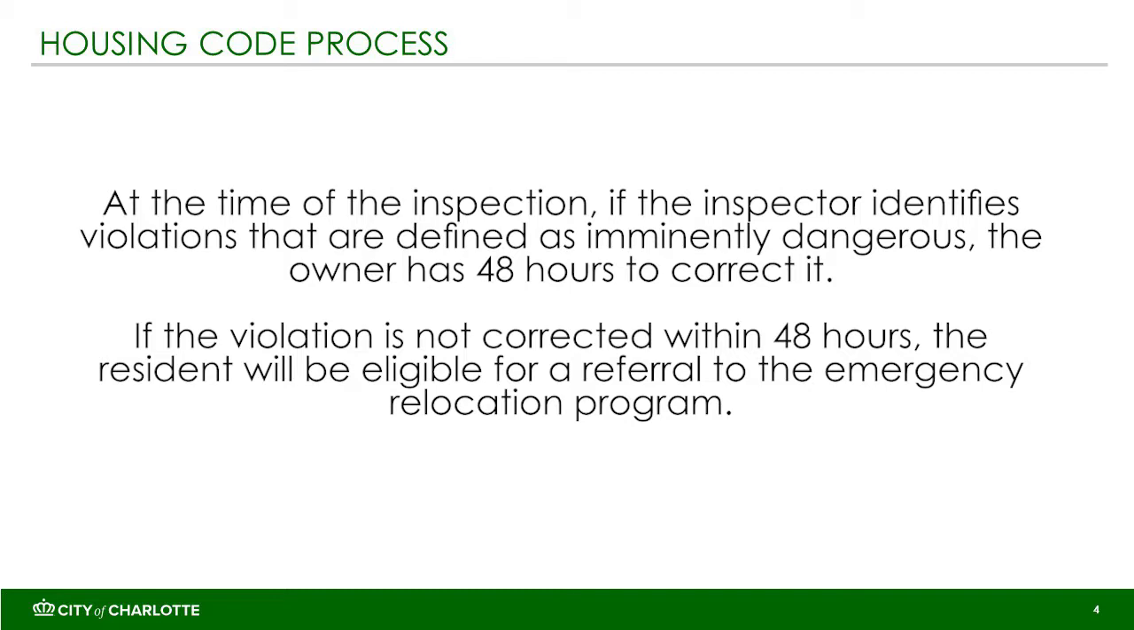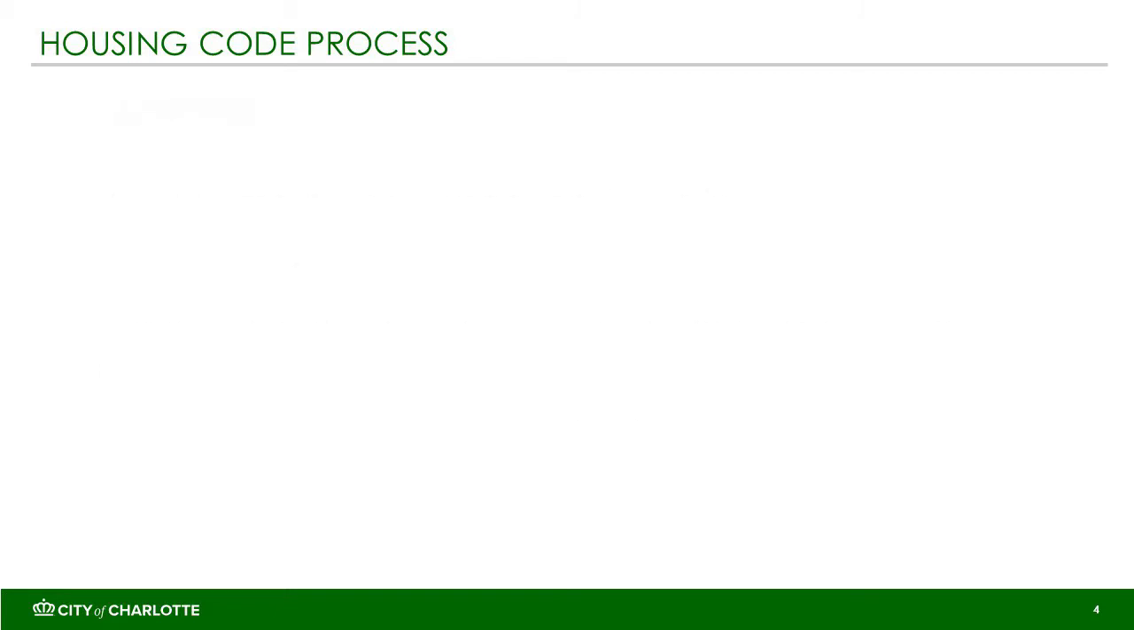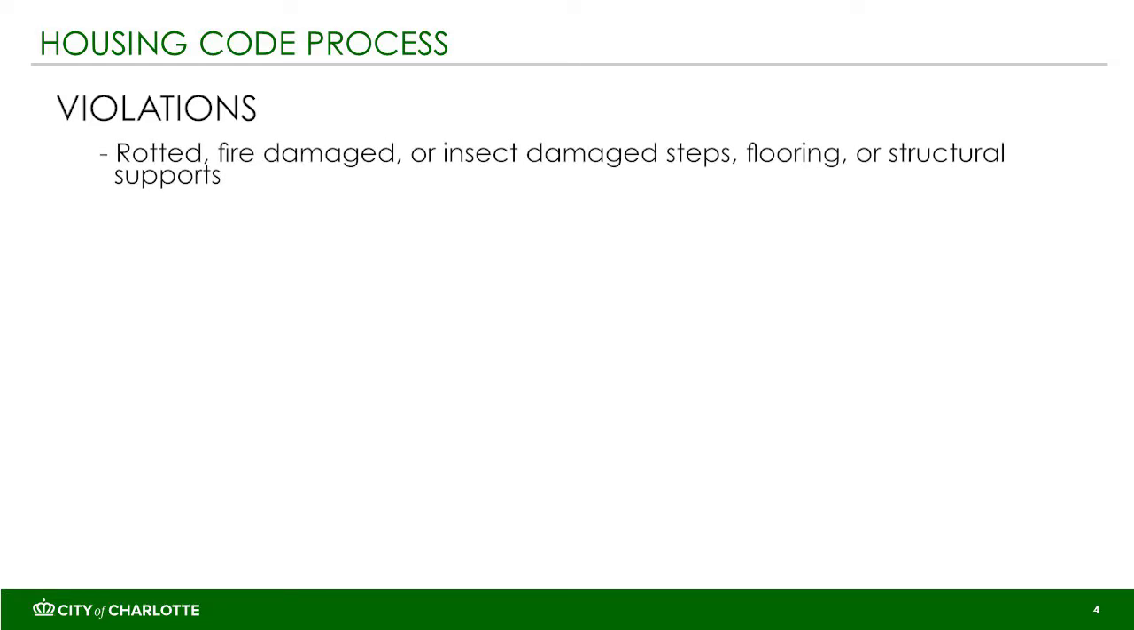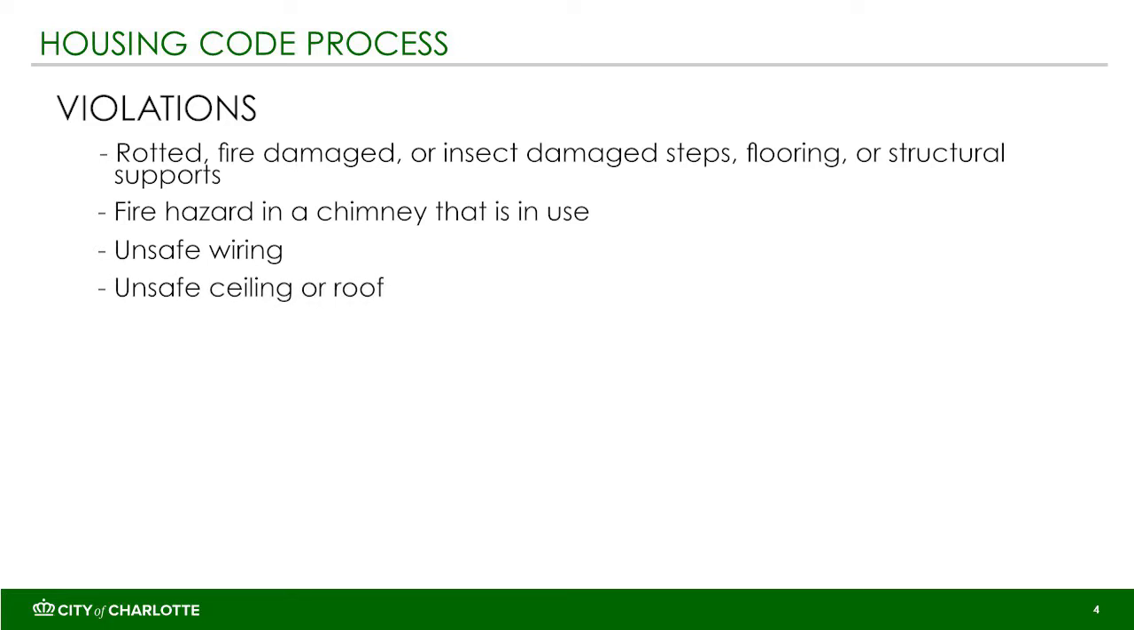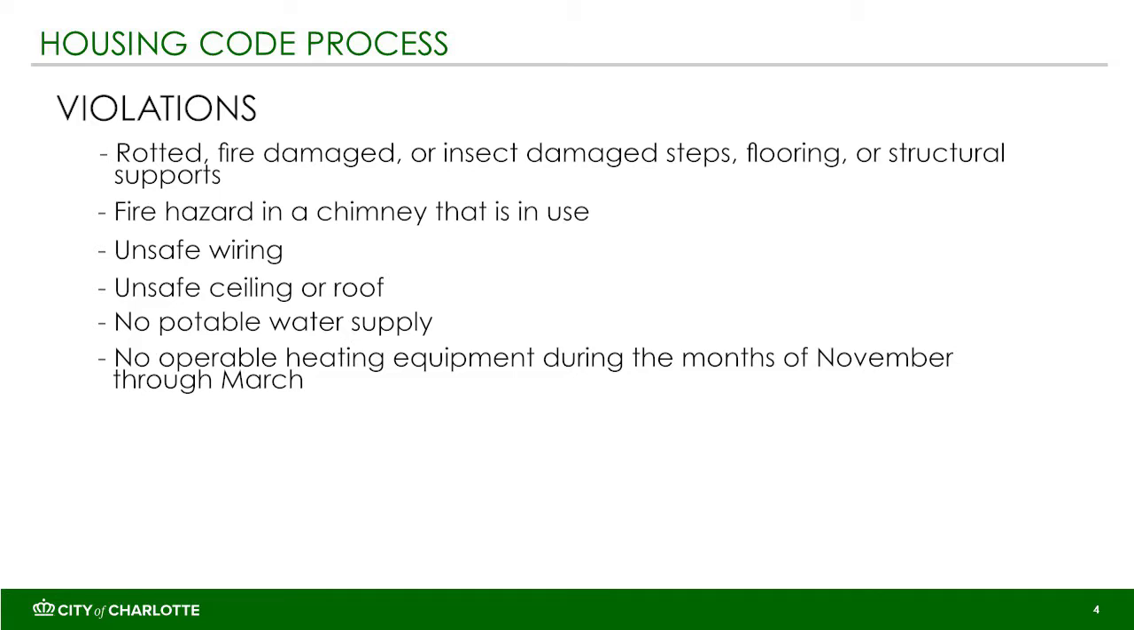If the violation is not corrected within 48 hours, the resident will be eligible for a referral to the Emergency Relocation Program. The resident will be referred to a partner agency for eligibility. The violations that trigger a referral are rotted, fire-damaged, or insect-damaged steps, flooring, or structural supports, fire hazard in a chimney that is in use, unsafe wiring, unsafe ceiling or roof, no potable water supply, no operable heating equipment during